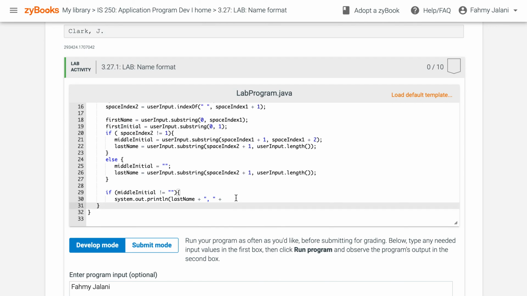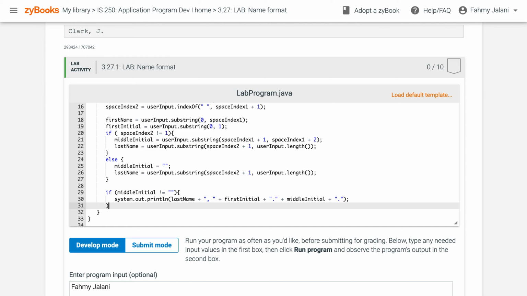Okay, we have a comma there. Oh, no, sorry, no comma, full stop, and middle initial. So full stop, then